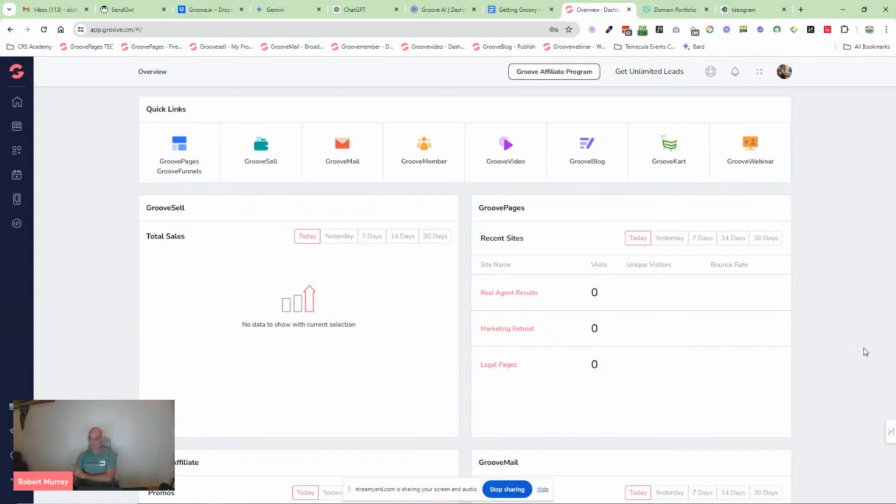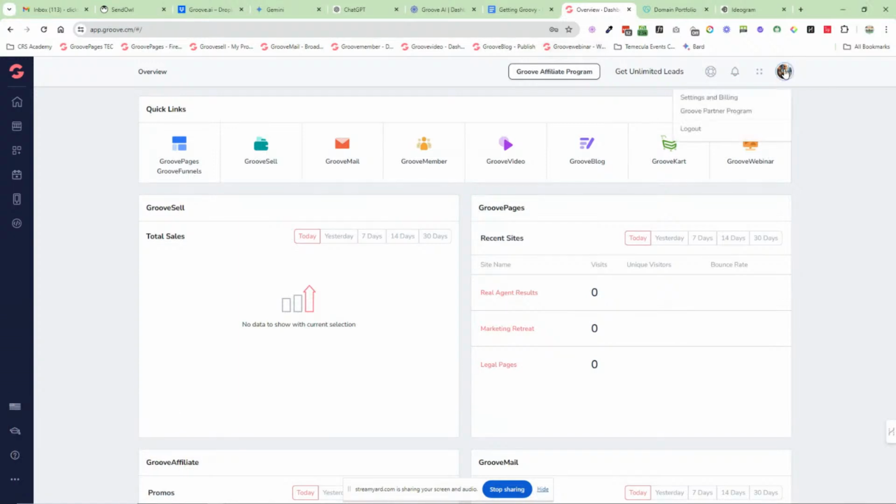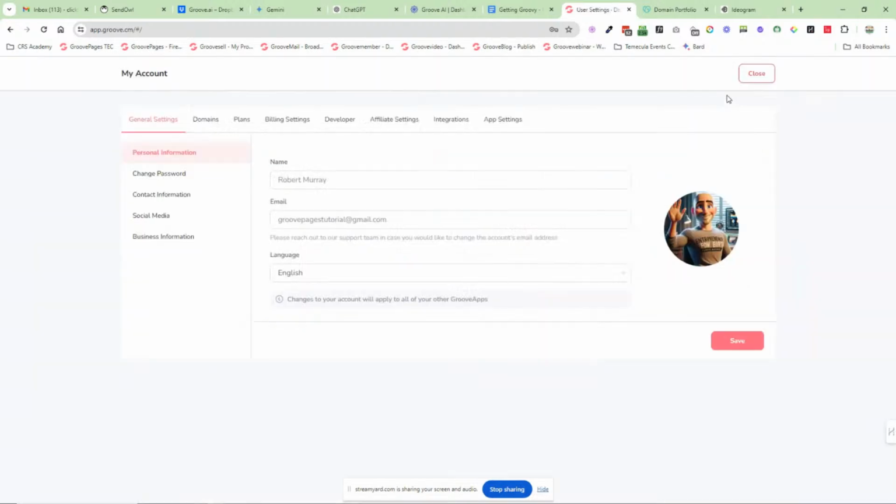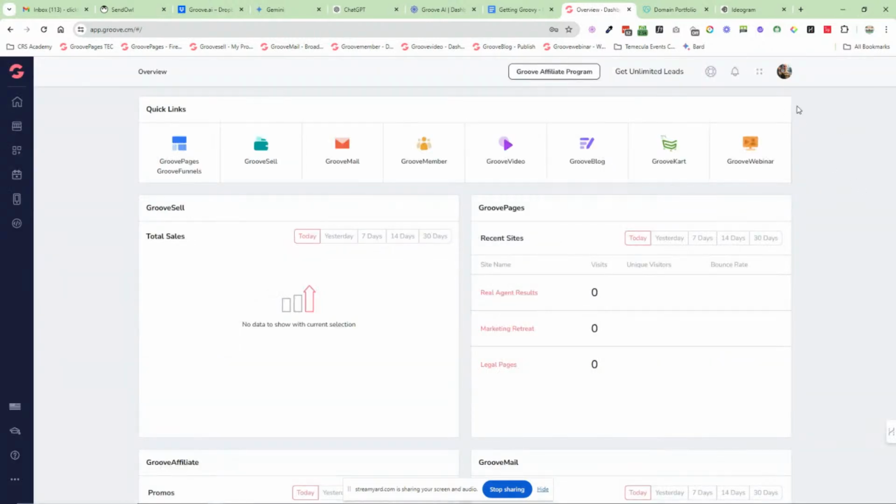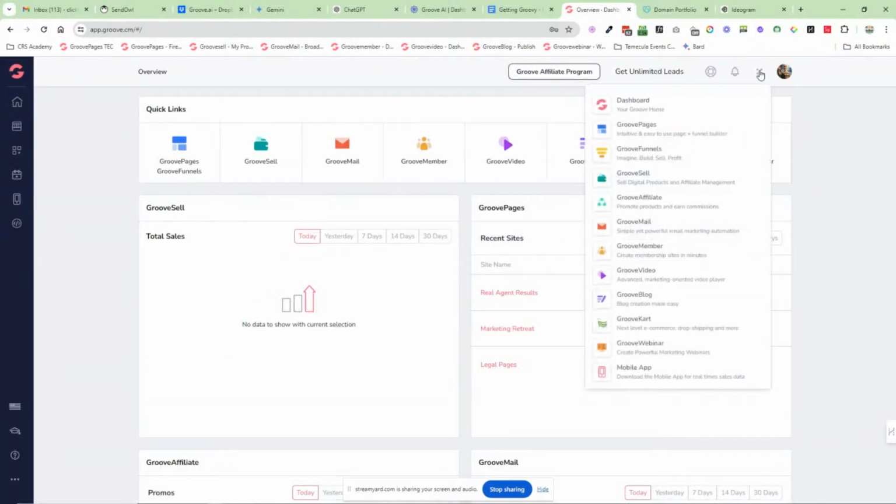I'm not taking up. In fact, I'm going to get rid of me in the camera because otherwise I'm in the way. And we're going to start off with a little head icon in the top right corner. If you click on settings and billing, it's going to open up, and there's my little avatar here that I've changed out. You might have the head icon. Here's all your personal information. We're going to come through all of this as we go through the training.